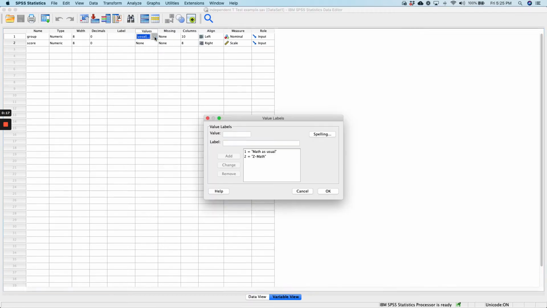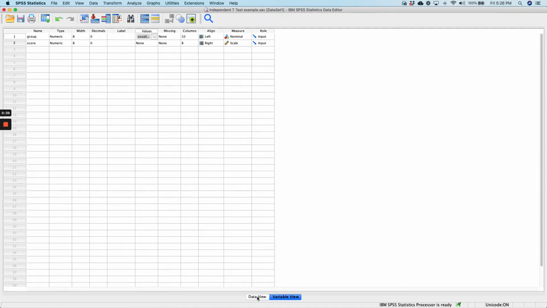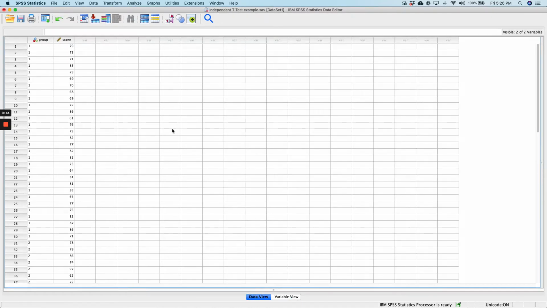If we look at values here for group, we can see what our values are. So those that are coded as 1 means that individual was in a math as usual group. Participants who are identified with a 2 are in the Z math group. Okay, so before we